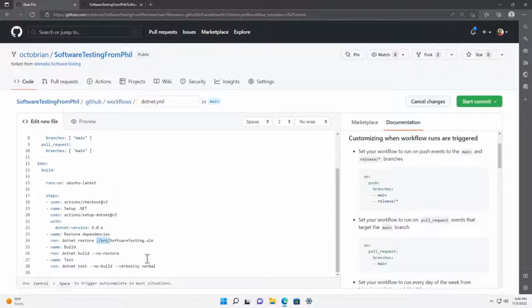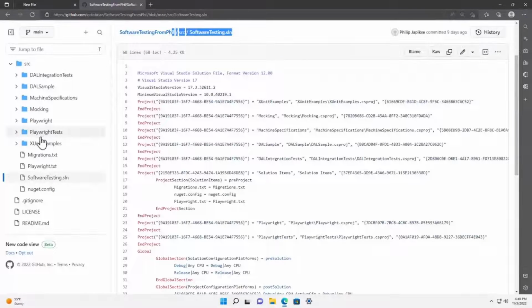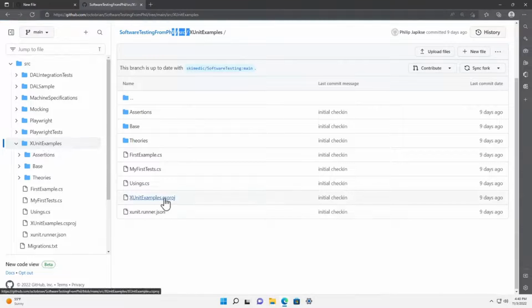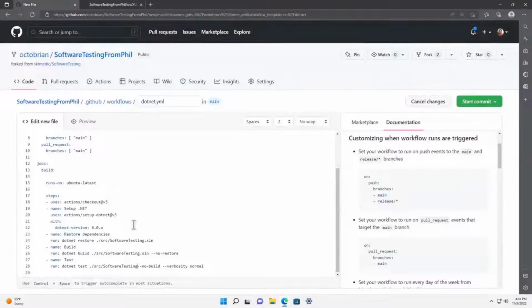So we'll inherit that line of code and bring it down here to build, but our tests aren't in the SLN. What we really want to do is use the XUnit tests. So we'll come over here. Those are called XUnit examples and XUnit examples.csproj. And so we'll come over here and fix that up.